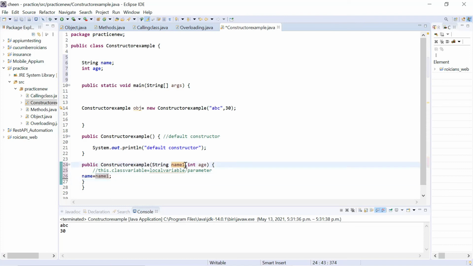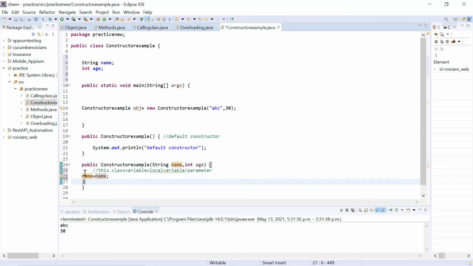If both of them are the same, if my local parameter and global variable are the same, I cannot write name assign name, because then your JVM will get confused about which name you are talking about, because this is also name and this is also name. Look at this, both of them are referring to this name.